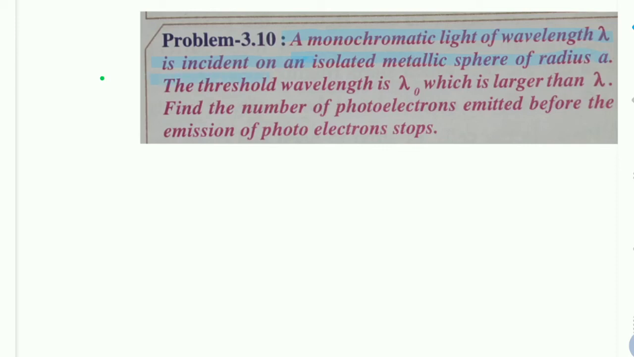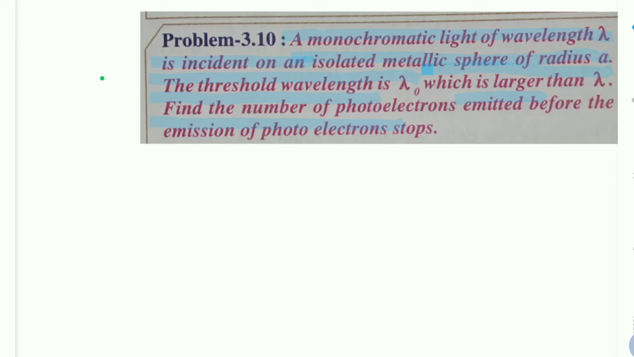A monochromatic light of wavelength lambda is incident on an isolated metallic sphere of radius a. The threshold wavelength lambda naught is larger than lambda. Find the number of electrons emitted before the emission of photoelectrons stops. So from this information we are gathering,